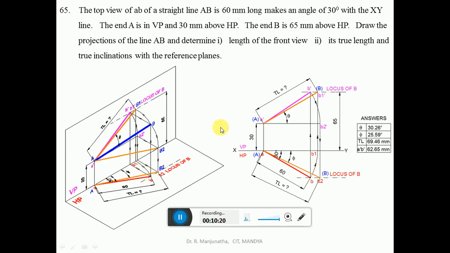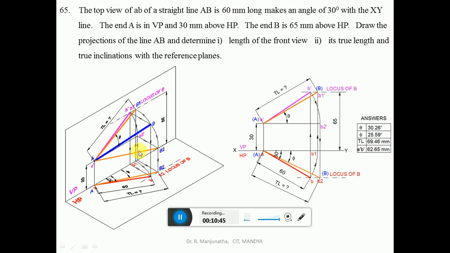Now we need to find out the true inclination with VP, that is the true length in HP. Since we have to find the true length in HP, you have to take the line which is inclined to HP. The line which is inclined to HP is the front view, which is a dash b dash. With a dash as center, take the radius of a dash b dash and draw an arc by using the compass such that a dash is above HP by 30 mm and b2 dash is also above HP by 30 mm. So a dash b2 dash is the line which is parallel to HP, that you can see